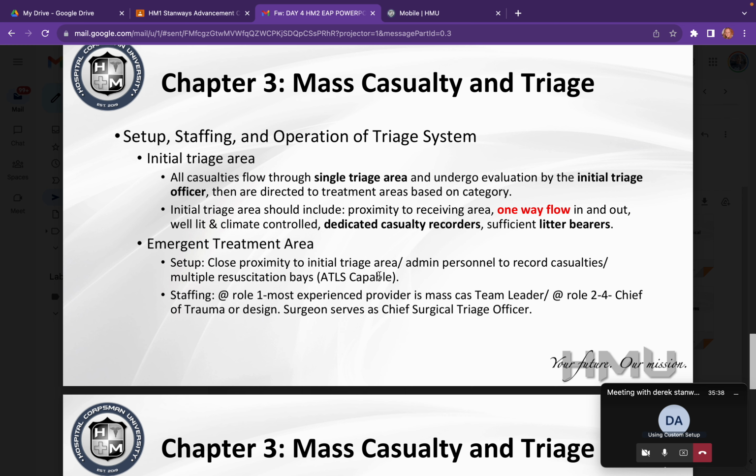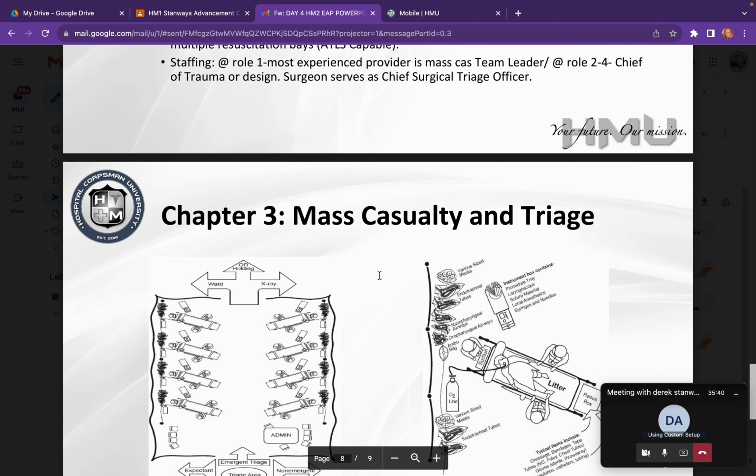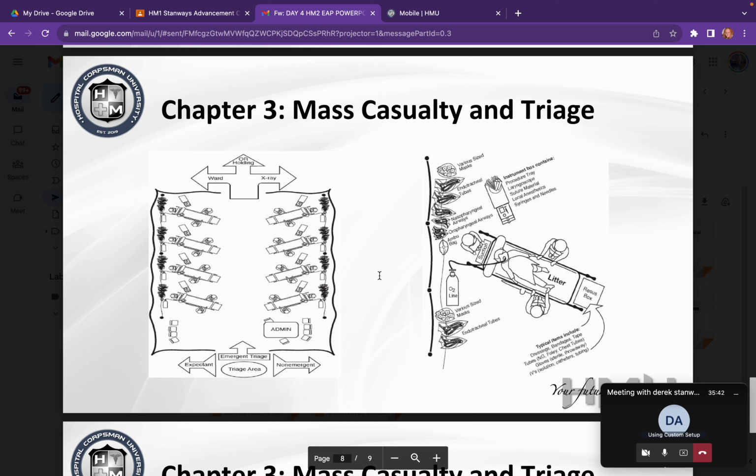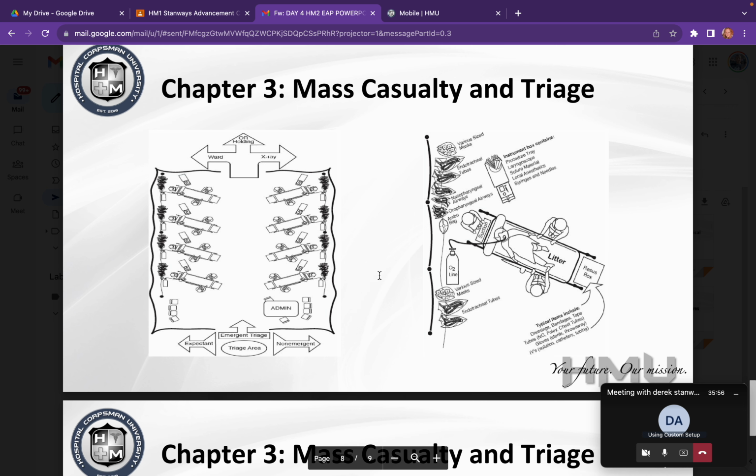So these are some pictures, examples of a triage area. You have your initial intake, then expectant and non-emergent patients go to their separate areas, and then those emergent patients, casualties needing further care and treatment, go there, and from there probably to the surgical suite or wherever they need to go from that point forward, based on the providers getting in and making their assessments for that patient.